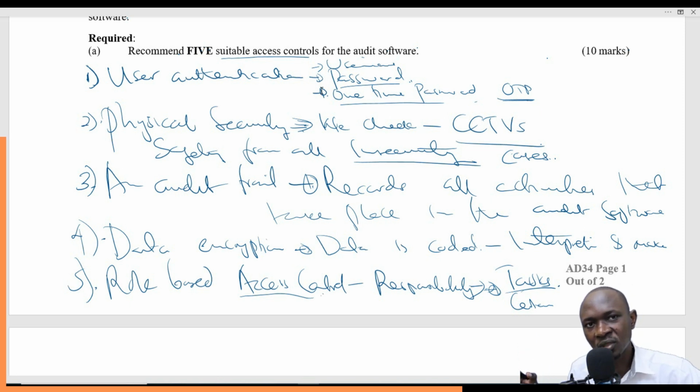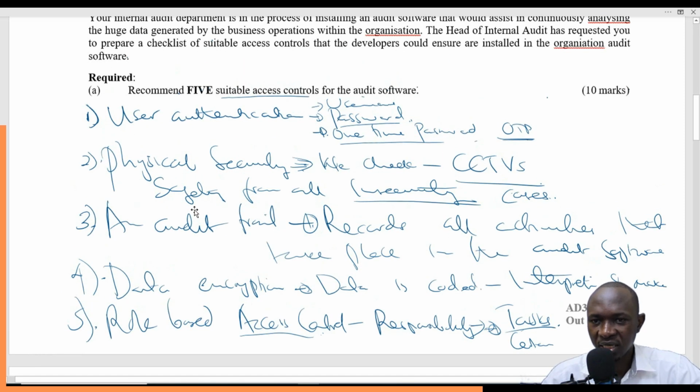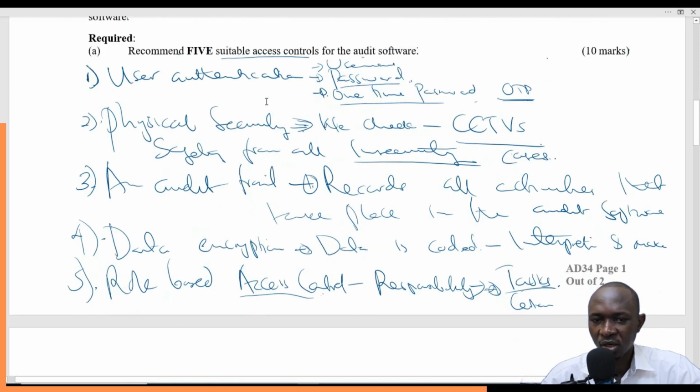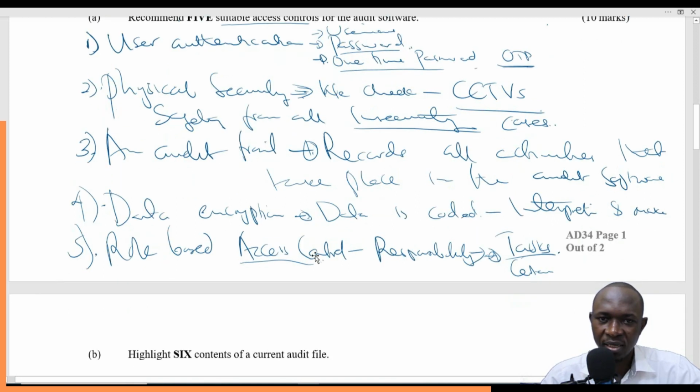So you will only have access to the extent of the authority that has been conferred to you, and the authority, of course, will be restricted to the tasks and the activities that you are supposed to perform in the system, so that you can't have room to go and do any other thing outside your roles or your authority or your responsibilities. That can also be one of the measures that can be put in place to check on the access control. So you can work with any of these 5 and you'll be able to get your 10 marks,